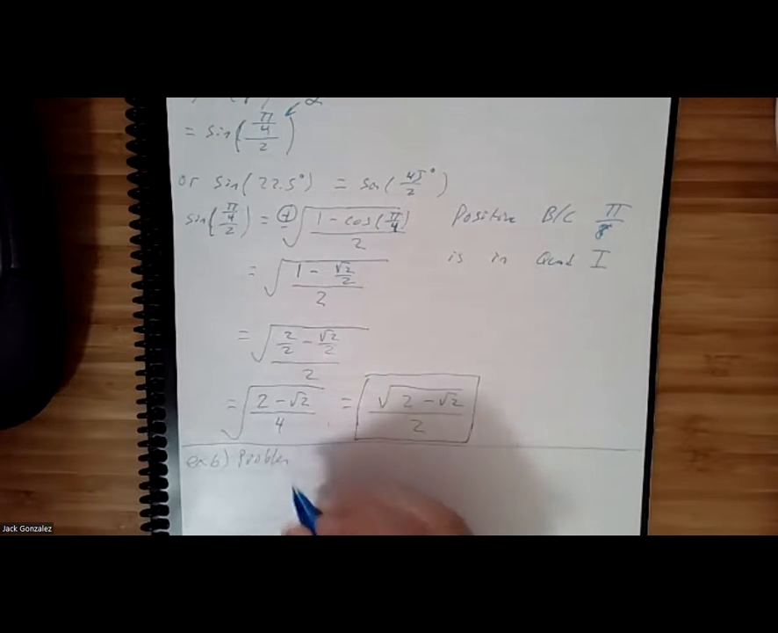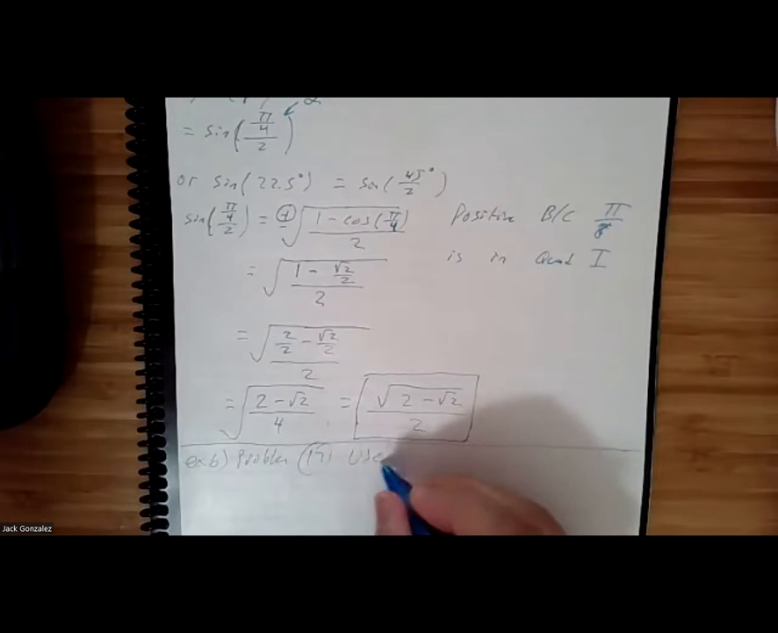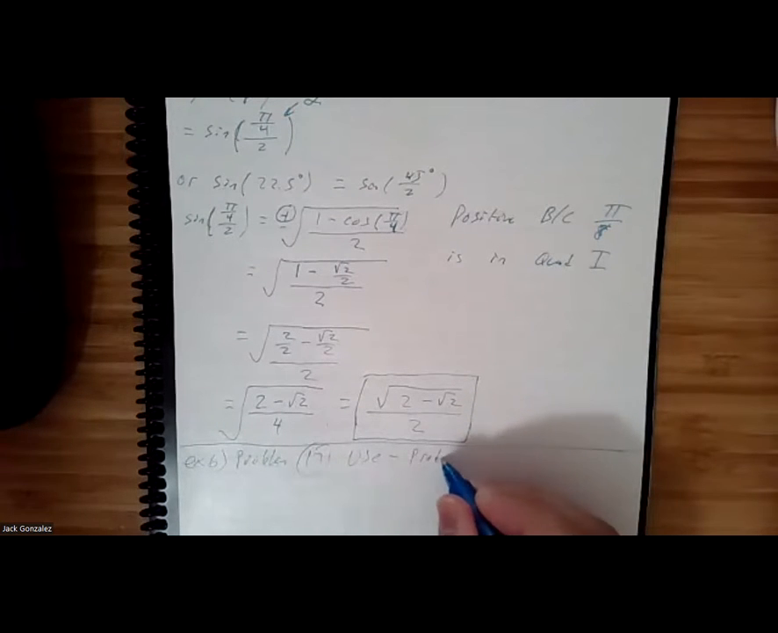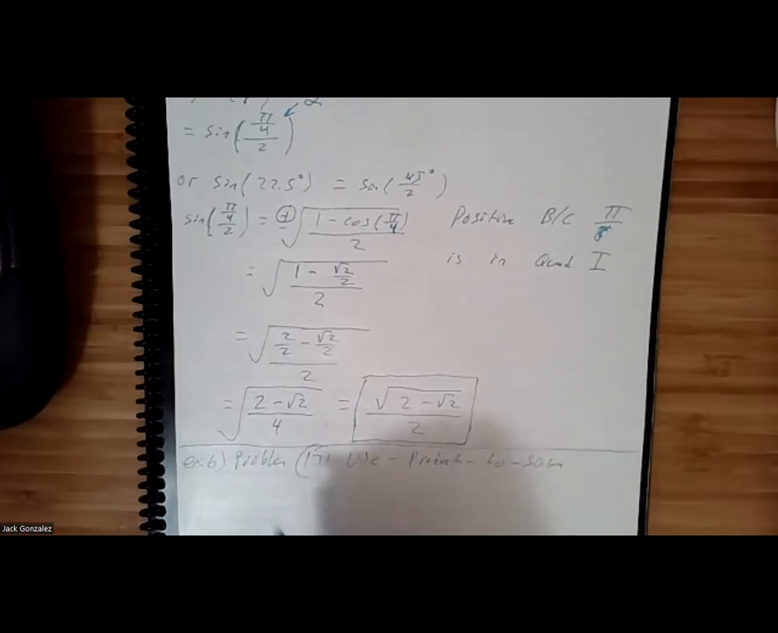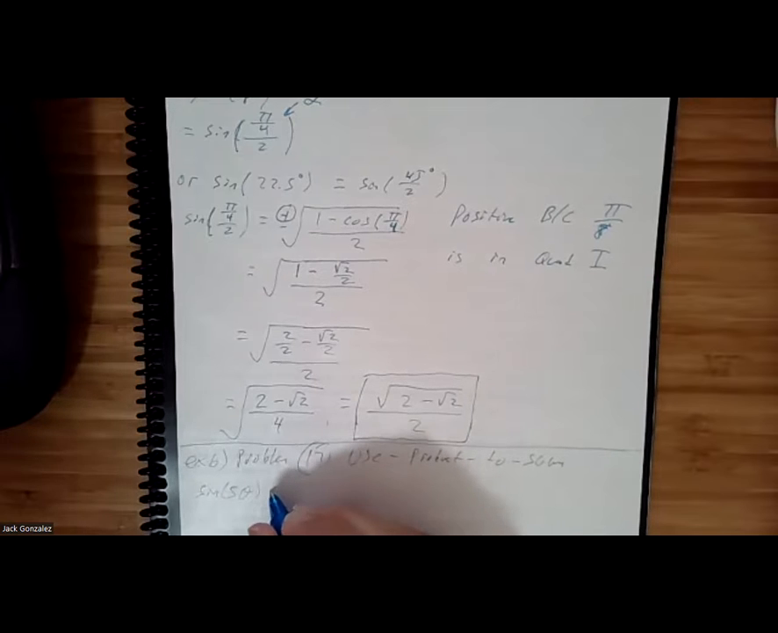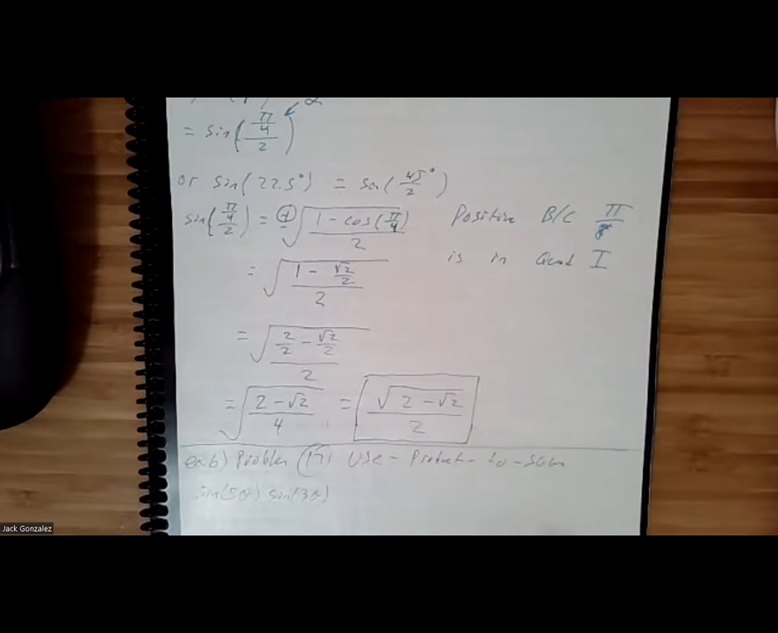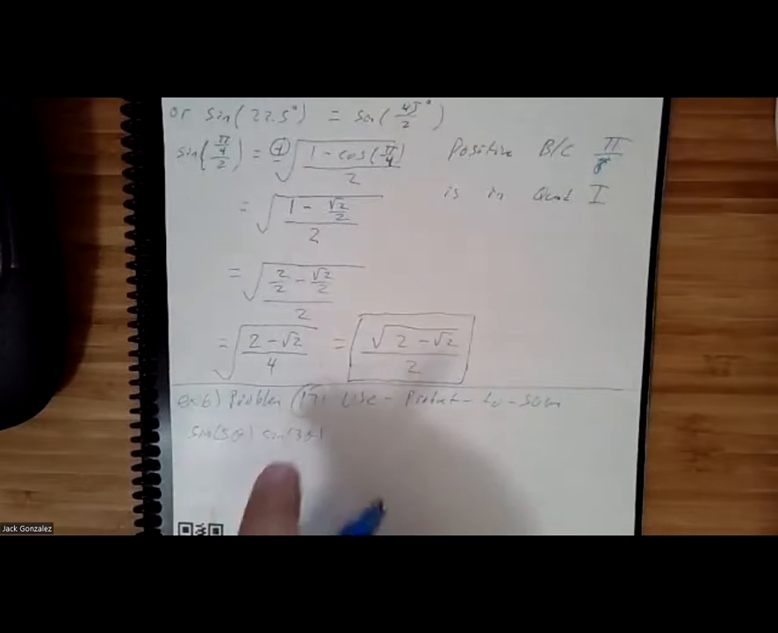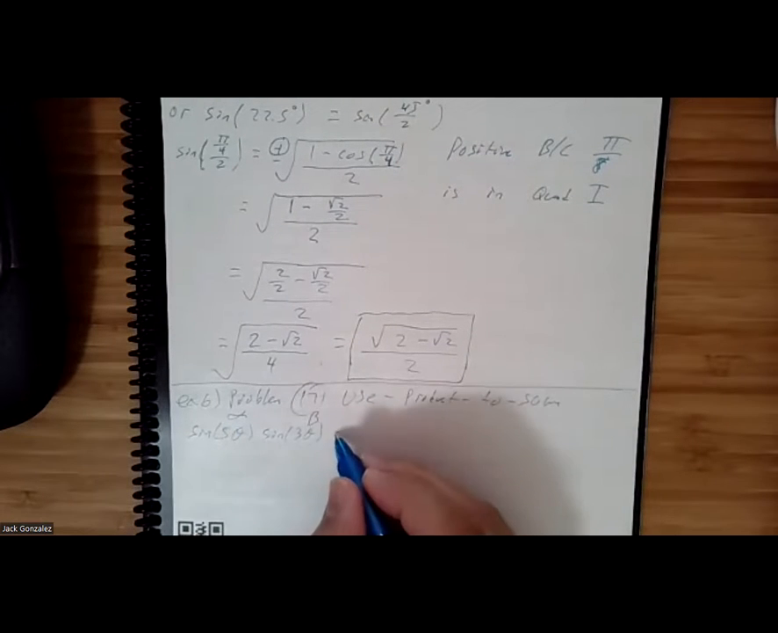This one's super easy. We'll end the day with an easy one. Use product to sum for sine of 5 theta times sine of 3 theta. All right, so you just need to use the correct formula. So we have a sine and a sine. This is my alpha beta. This will become